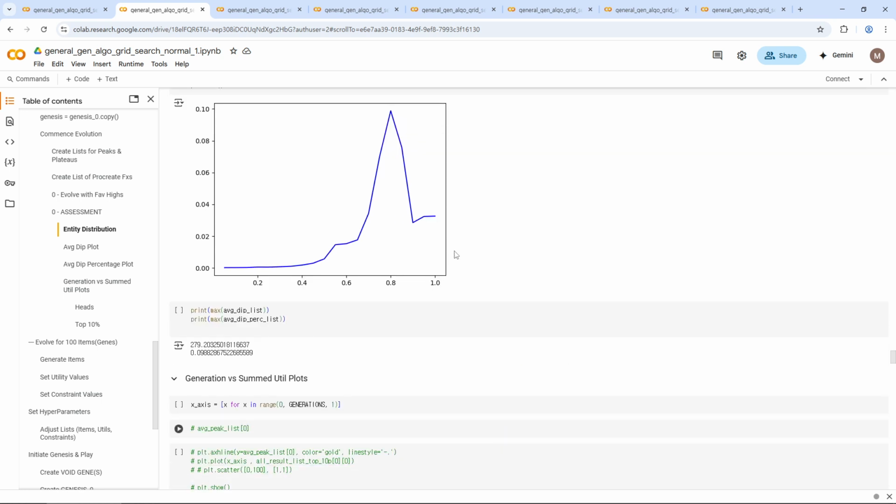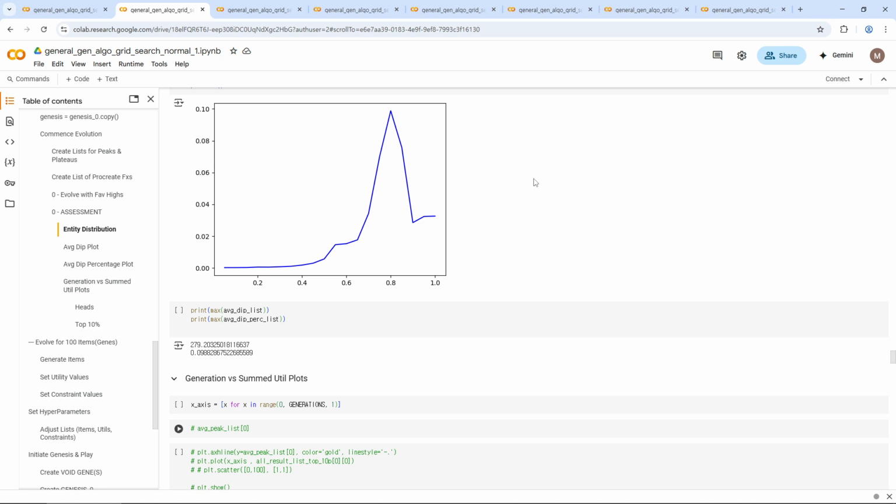And in my last videos, I mentioned that this is because when the maximum constraint percentage value is so high, and therefore the maximum constraint is so high, no entity actually gets struck out, and there's little to no